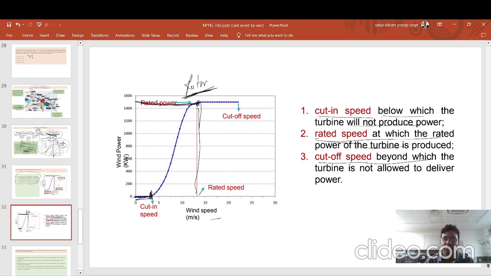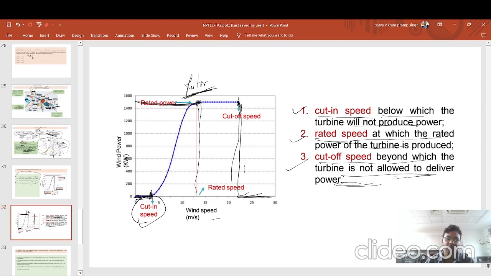And the cutoff speed is such that after it there is no generation. Whatever you do, it will not allow power to be delivered. This is the cutoff speed. After that, the power went to 0. So there are three types of speed in between. Cut-in speed, below which there is no power generation. Rated speed is such that rated power is generated, and the cutoff speed is above which there will be no wind generation,